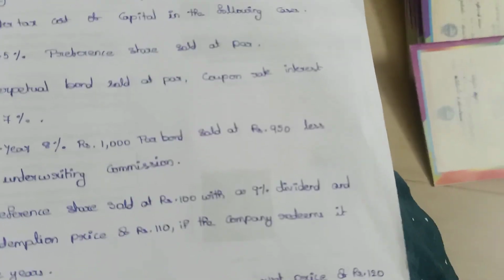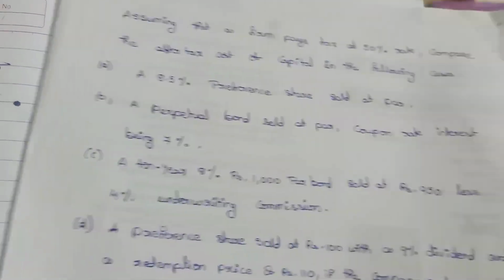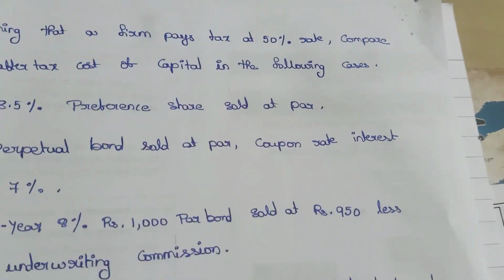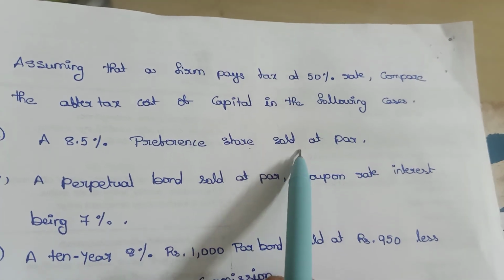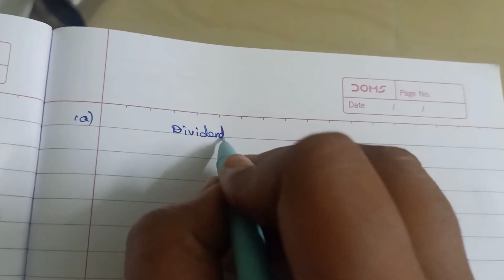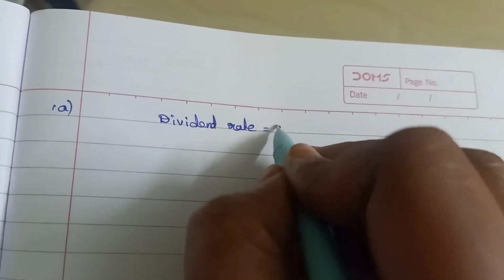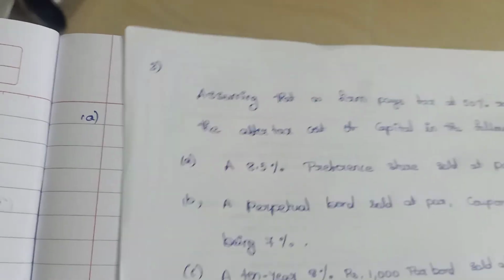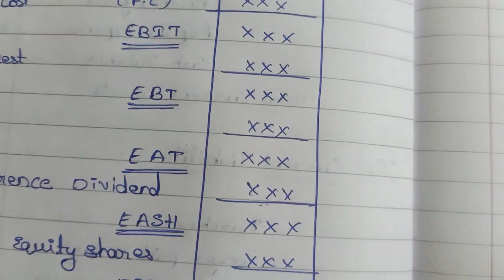is 8.5%. How do we have to calculate it? Now we can't use the pro forma, so we have to calculate it separately. First one: what they are giving here in the sum is 8.5% preference shares sold at par. So the dividend rate is 8.5. The preference share dividends are not tax deductible. Why? Because